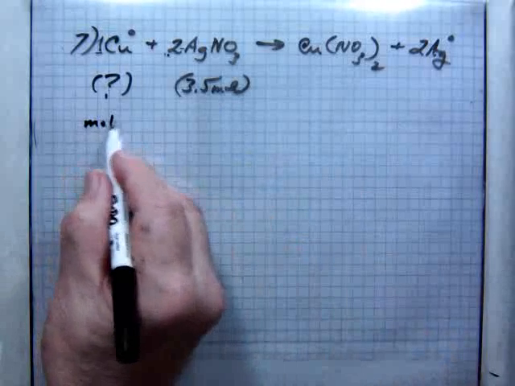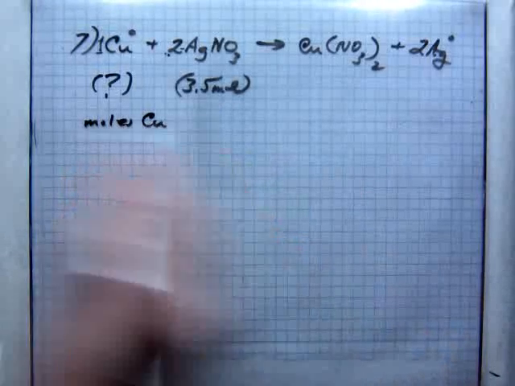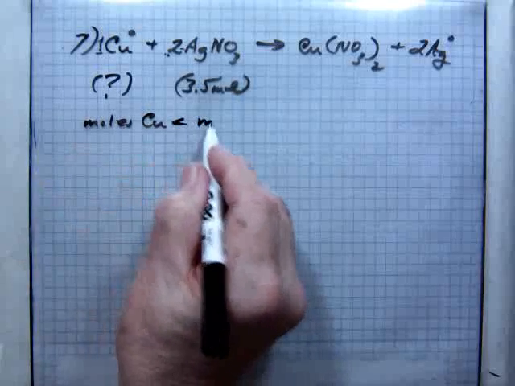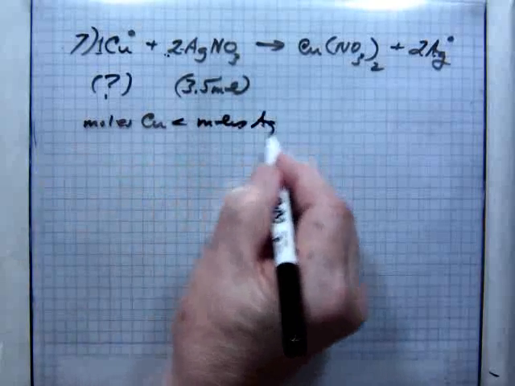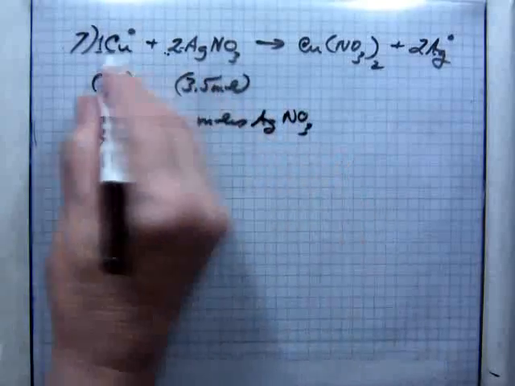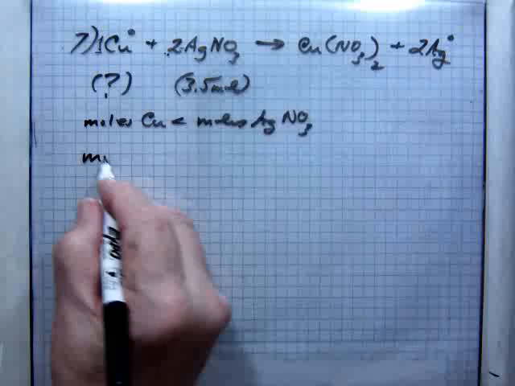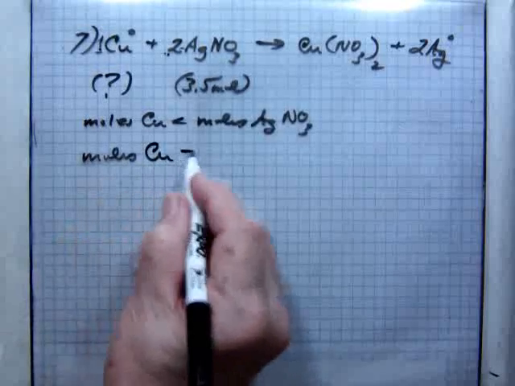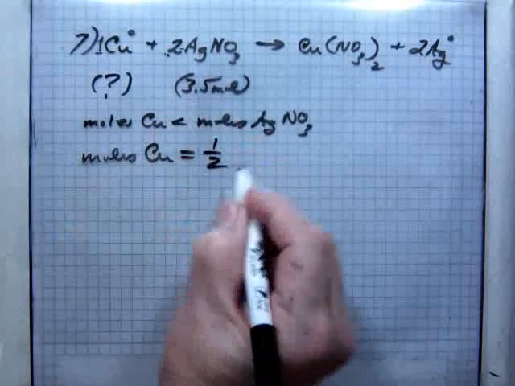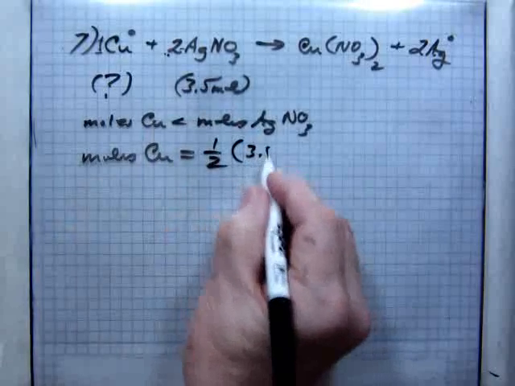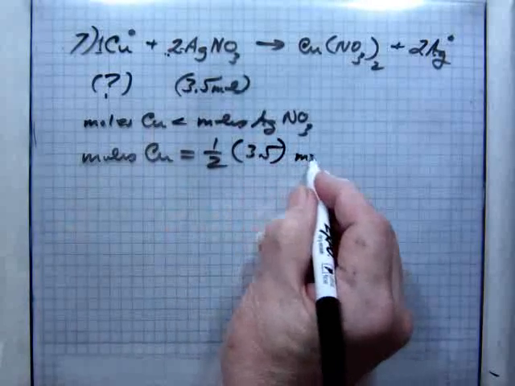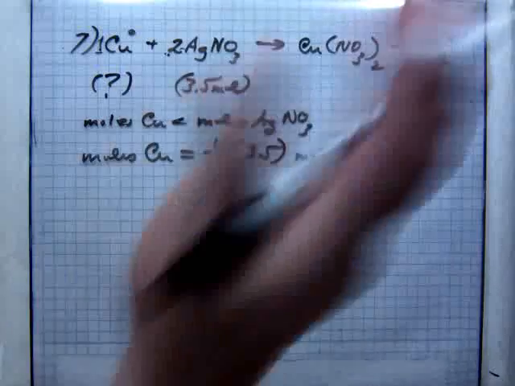Moles copper should be less than moles of silver nitrate, because the coefficients show that. And so the moles of copper is equal to 1/2 of 3.5 mole of silver nitrate,